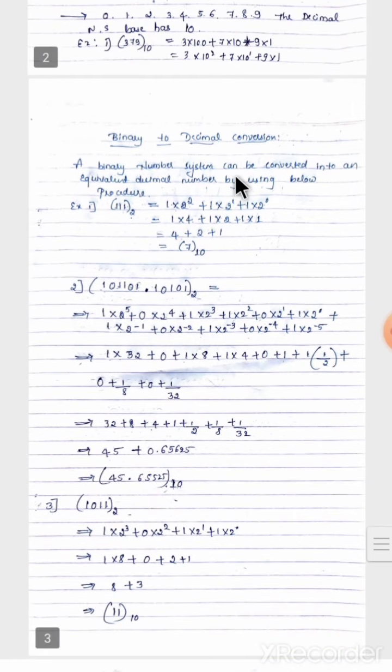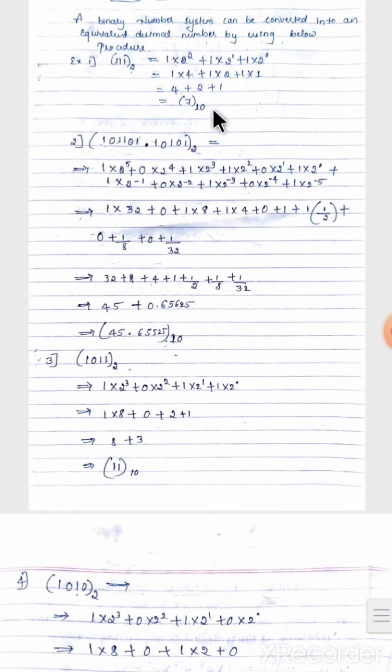Next, conversion, binary to decimal. How to convert binary to decimal? Already we know the binary number is indicated by base 2. So 0, 1, 2, like that. Whatever digit is there, 1 is multiplied by 2 raised to the power 1, 0, like that. Next, whenever there is a decimal point, the places before the decimal point are different and after the decimal point are different. Before the decimal point, the powers are 2 raised to 0, 1, 2, 3, 4, 5, like that. But after the decimal point, they are -1, -2, -3, -4, -5. Simple. Next, 1 into 2 raised to 5, like that only.